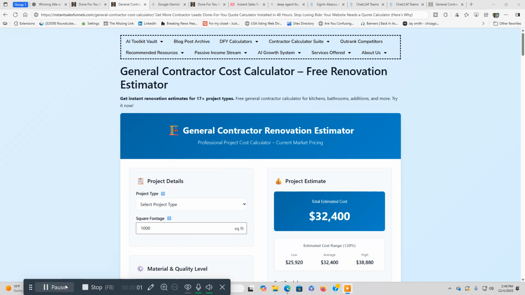Get more contractor leads. This is a done-for-you quote calculator that'll be installed in 48 hours. Most of the time I can do it as long as I get the information, which I'll go over later in this video, within a reasonable amount of time. I could do it within 24 hours, and I can have one of these